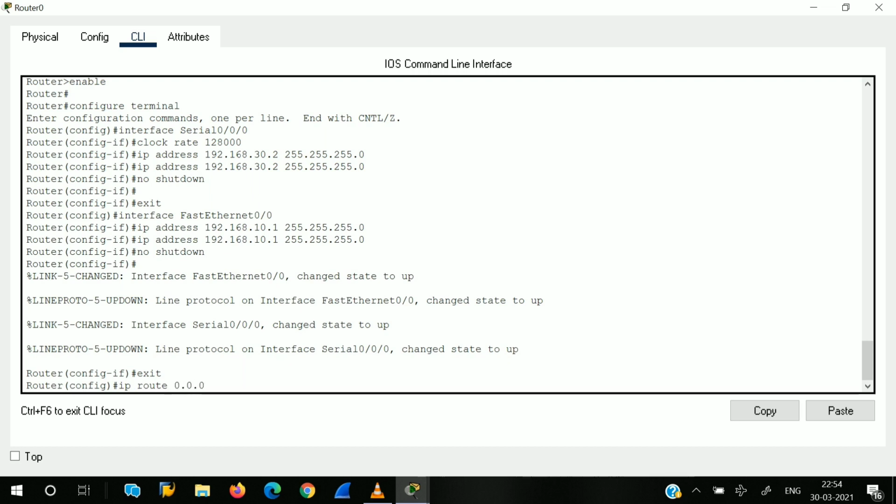Exit, enter ip route 0.0.0.0 0.0.0.0 192.168.30.1.